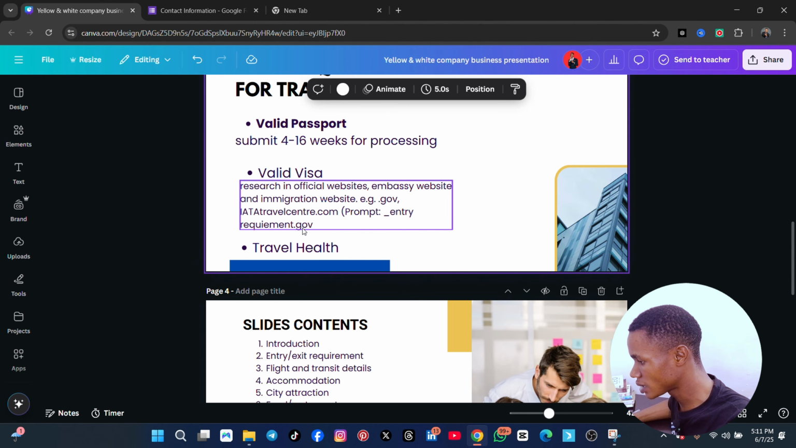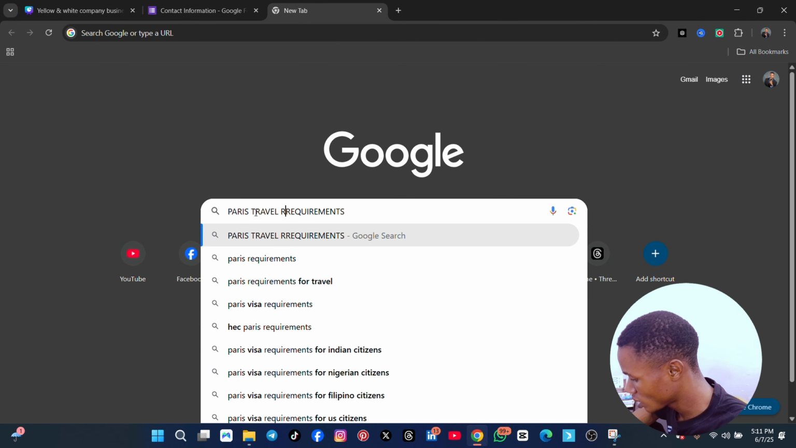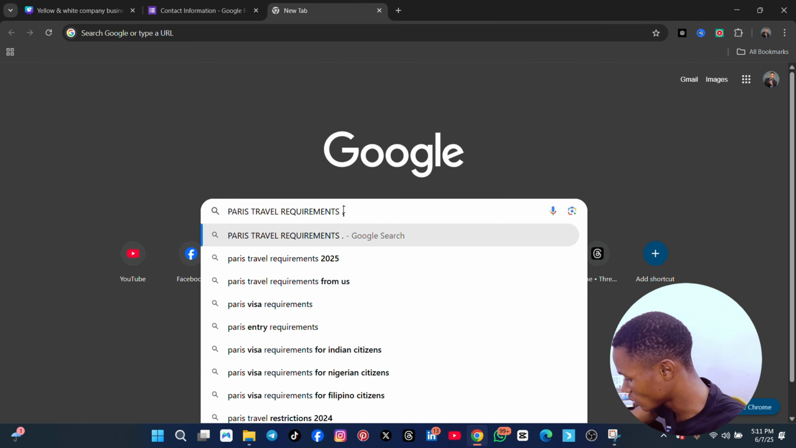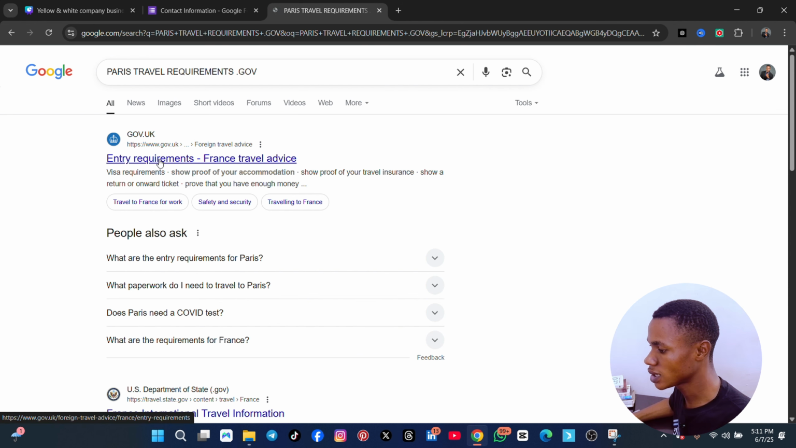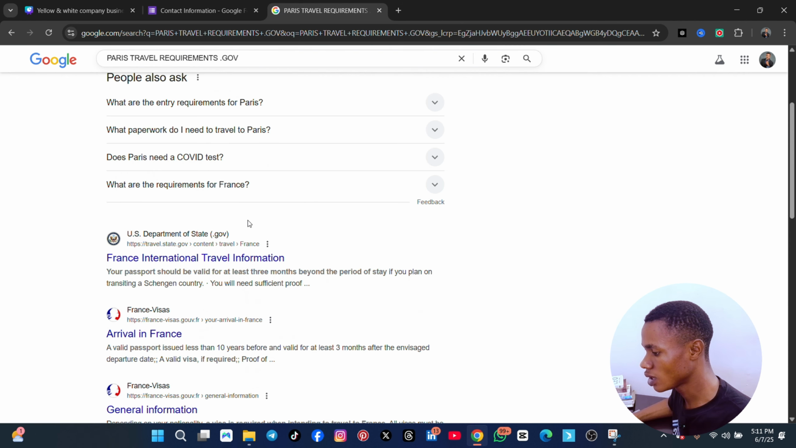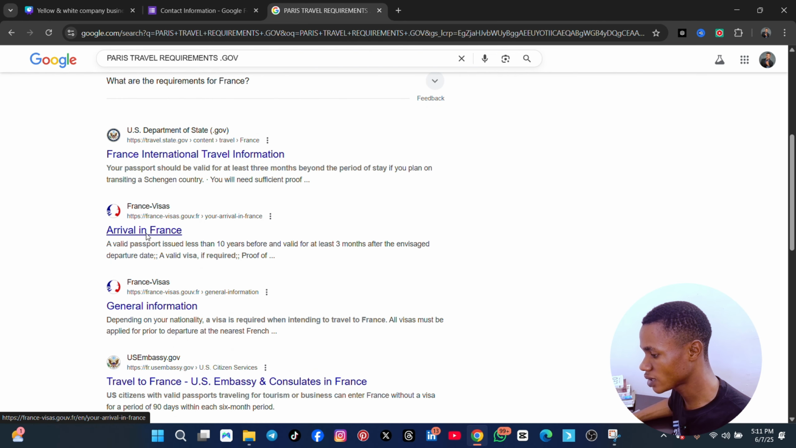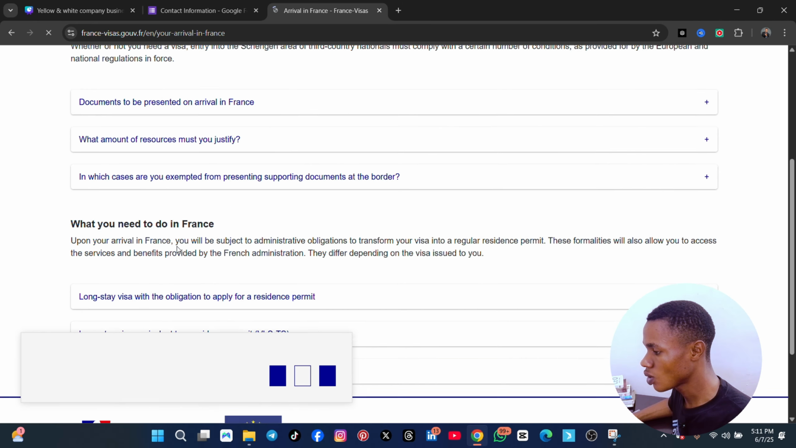Paris travel requirements .gov. So I'll just put .gov, and then it's going to come up, and then of course you are seeing that this one is entry requirement France travel.gov.uk. So just check the one that ends with .gov, because those ones are the ones that are actually the real ones. So we have seen France here, so let me click on France, and then it's going to show